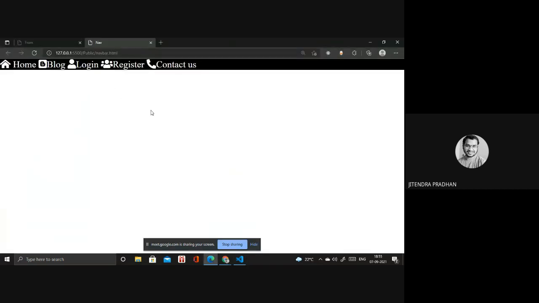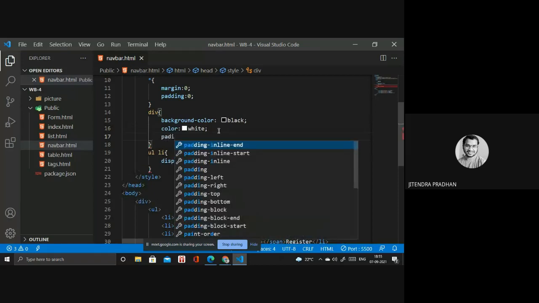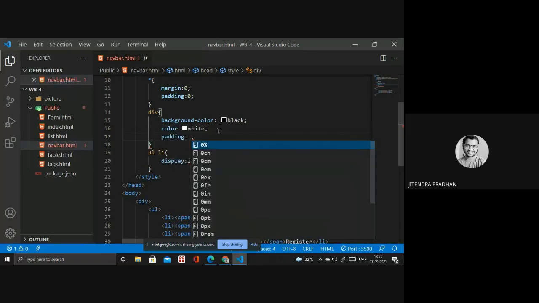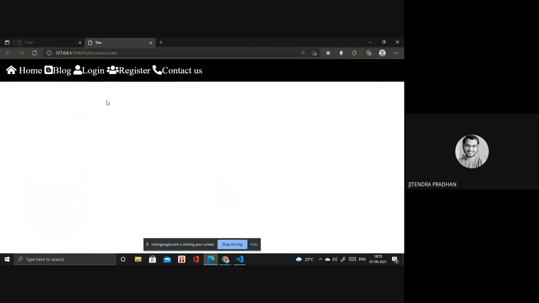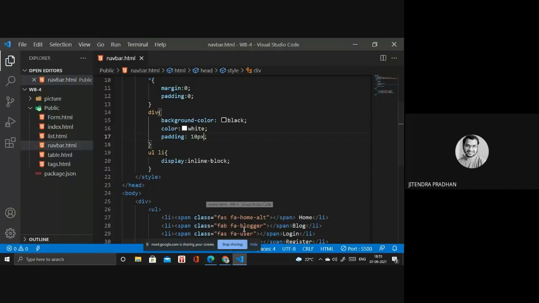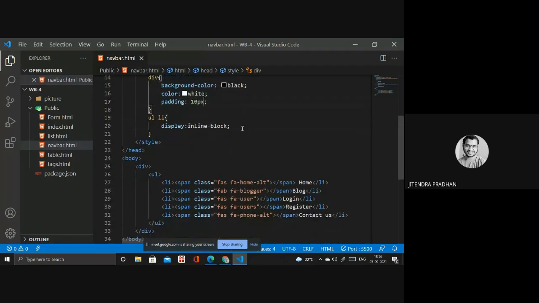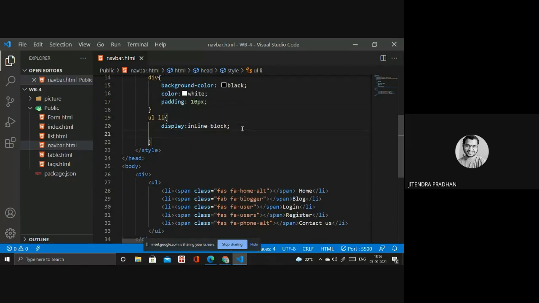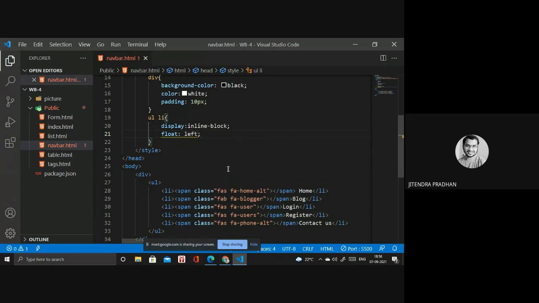It's working fine, but I need margin, border, padding, all these things. So in that I will design a padding of 10 pixels. Okay, we've done all these things, but we require something more. All the items inside, I will align to the left side. So float left. It's working fine.